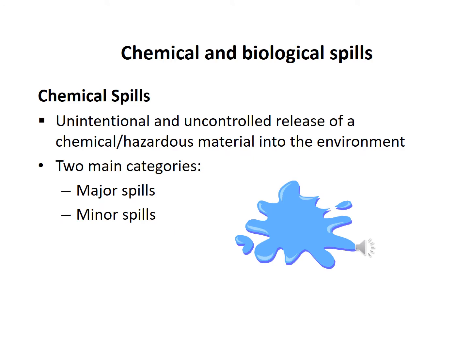So what is spillage? It is the unintentional and uncontrolled release of any chemical that is a hazardous material or has a toxic effect on the body or the environment, that is dangerous for human beings or the environment. This is called chemical spillage. We can divide it into two categories: minor spillage, which happens at a small scale, and major spillage, where the chemical spills at a large scale,